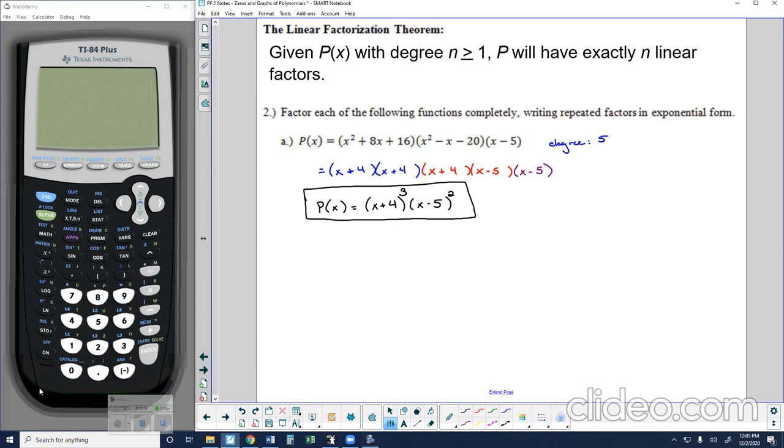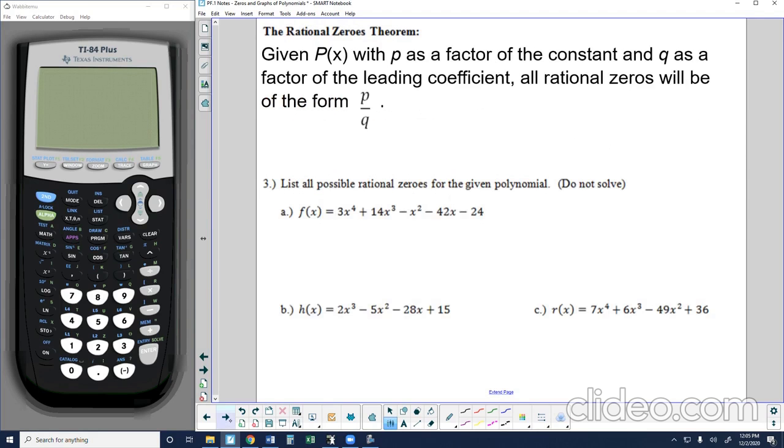So we can use some of the factoring techniques that we've learned in the past to break polynomials down into linear factors. Now, what if things don't factor nicely, or we don't have techniques to factor them? This is where a method that we're going to learn now, in combination with the factor or remainder theorems, is going to allow us to factor pretty advanced and complicated polynomials. So the rational zeros theorem, we're just going to focus on this and then see how it's going to help us to